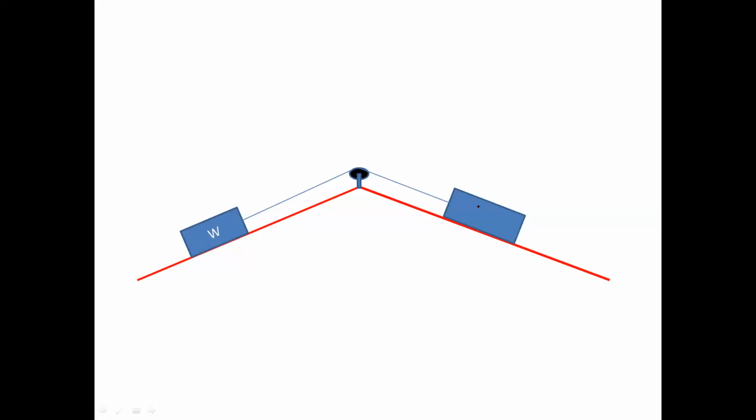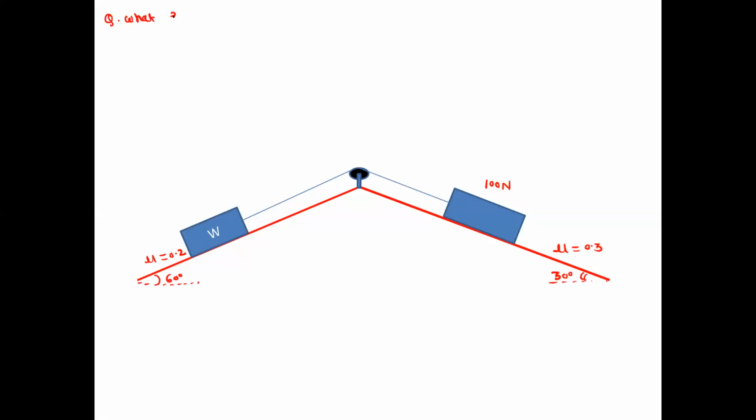So the second block has weight 100 Newton, and this inclination with respect to the x-axis is equal to 30 degree. Its coefficient of friction for the surface is equal to 0.3. The inclination for this surface is equal to 60 degree, and the coefficient of friction mu is equal to 0.2. So the question is,